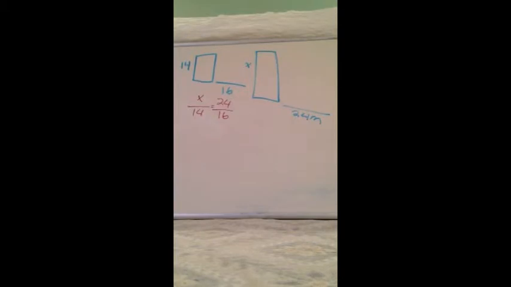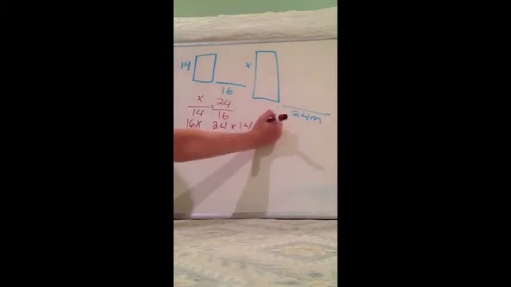Okay, so cross multiplying is pretty self-explanatory. You have to cross multiply the cross numbers. So we would do x times 16, which would give us 16x. Then we would have to do the same to 24 and 14. So it would be 24 times 14, which would end up giving us